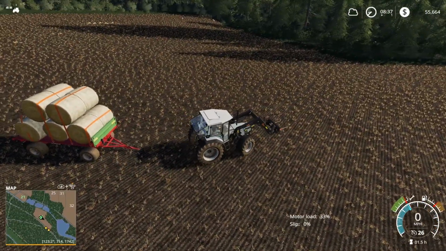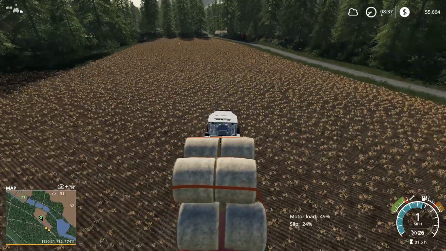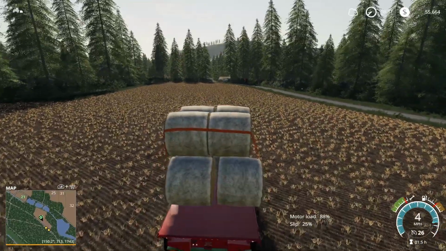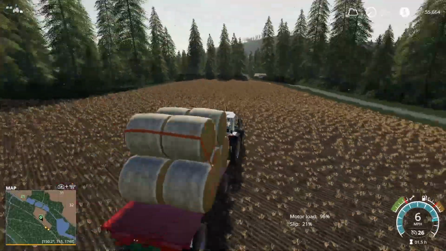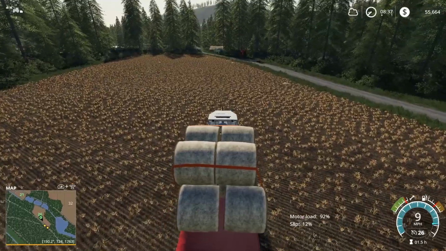So, for some reason I was thinking that straw bales could be thrown into BGA, and it's not even a fill type. So that's the thing. Here's all I can fit on here. Wanted to roll off the back, so that's kind of an issue. So now we got to go sell them,